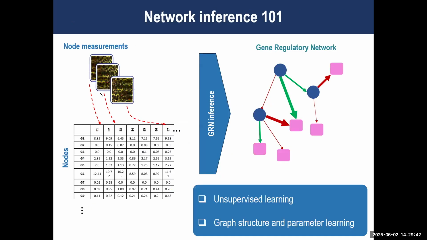So first of all, to start to infer these gene regulatory networks, basic network inference includes some kind of high throughput data where we essentially have node measurements. You will probably understand computer science terms better. So we have a matrix having rows and different cells. Rows are genes and the columns are the cells. These values essentially represent that, for example, gene 6 is highly expressed, active in E1 cell.